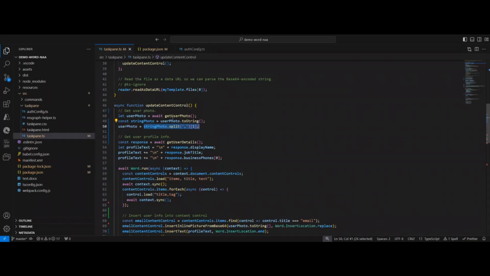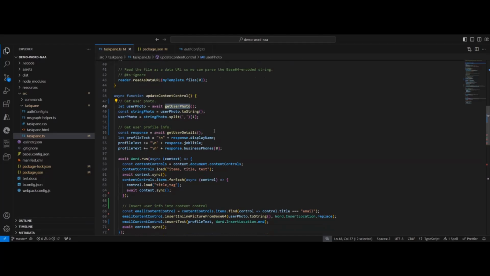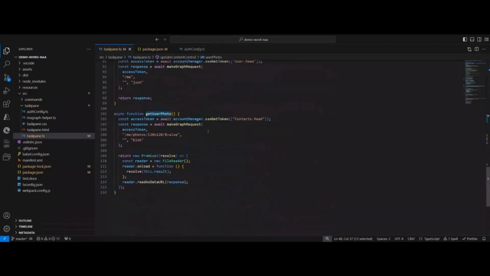Anyway, so I get the user photo, and these are functions I wrote that are going to make the graph calls. If you go down to get user photo, it calls that account manager helper class to get the token. You notice you can pass the scopes that you need, and it's incremental consent. So if at some point the user goes into a function here that has a new one, it'll actually pop up a dialog and say, hey, do you consent to this new scope? Then we make the graph request to go get the value. In this case, it comes back as a blob, and then we convert it